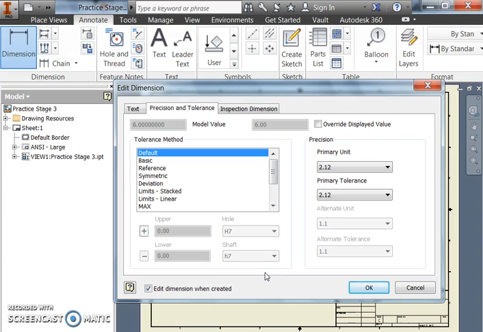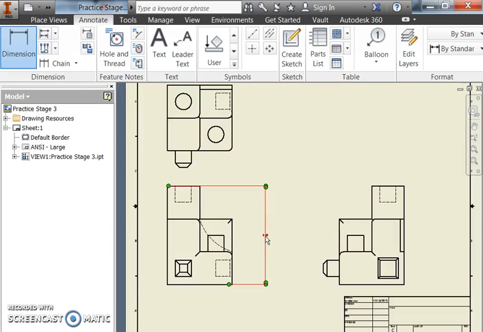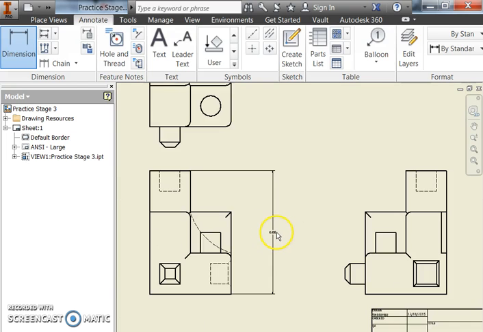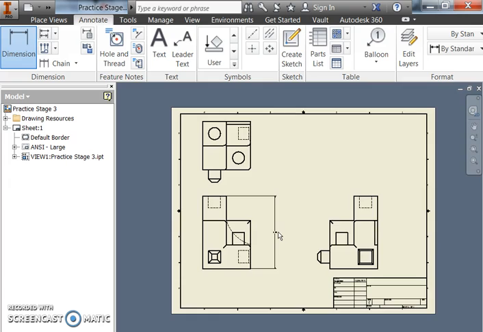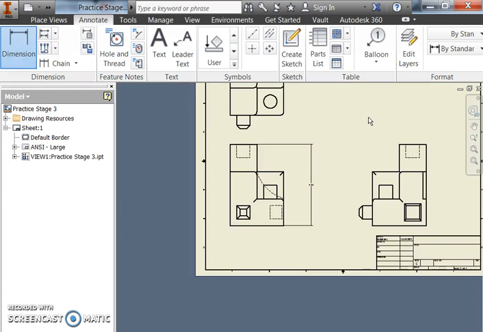it's going to ask me how precise do I want this. For purposes of today, we'll say that as long as it is to the nearest hundredth, we're good. All right, so we will say OK. And now if you zoom in, you'll see that it has given me the dimension of 6 inches there. Okay, so I'm still on dimension. Other dimensions I should probably know